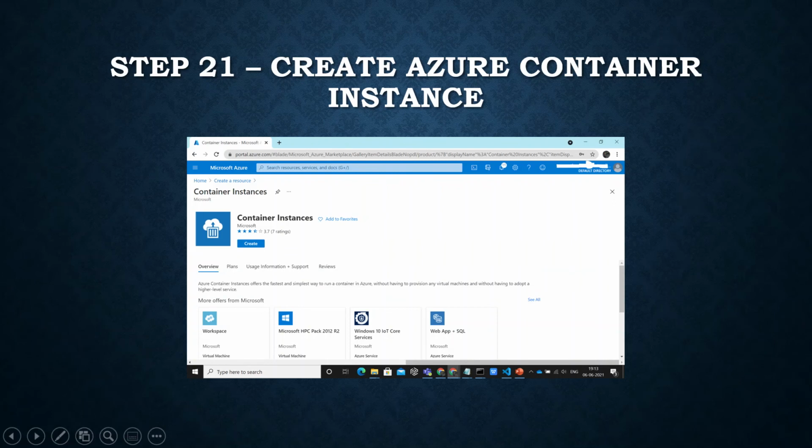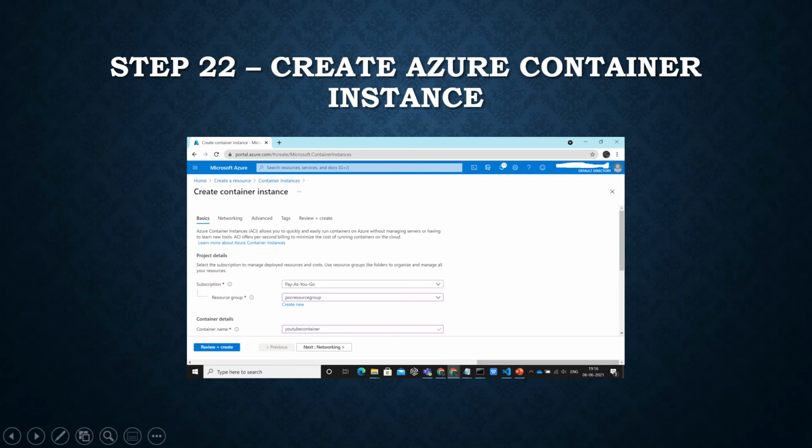And then you need to create the Azure Container Instance to deploy your container image. So click the create a resource button and then search for Container Instance and then click create. Enter a container